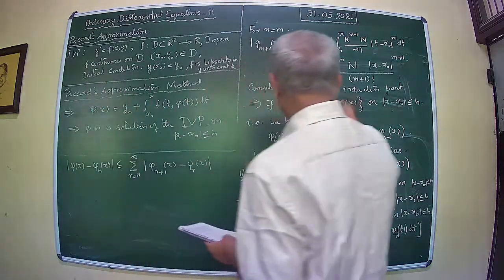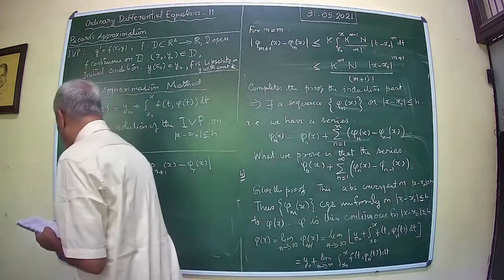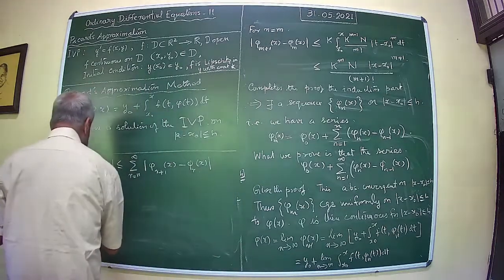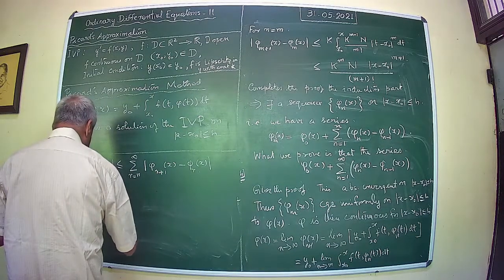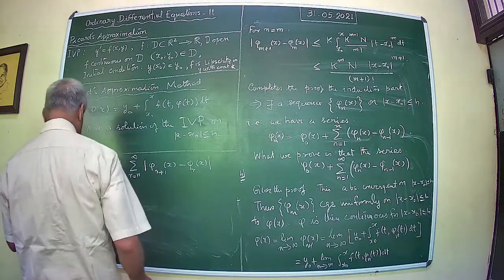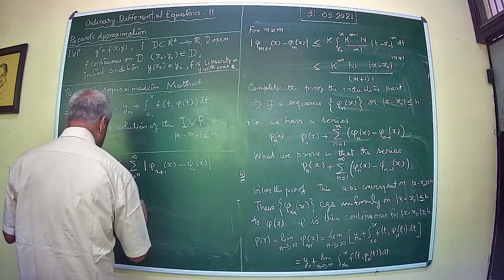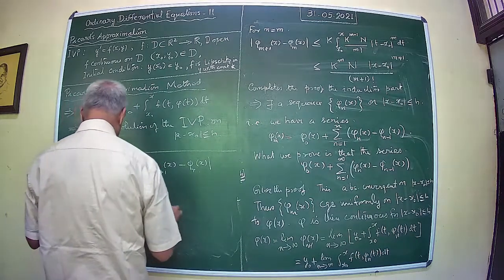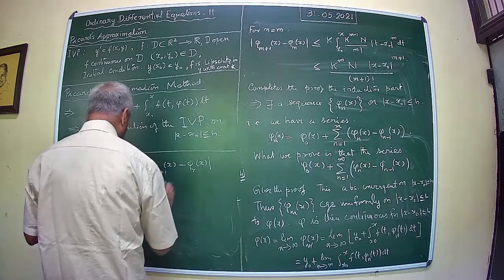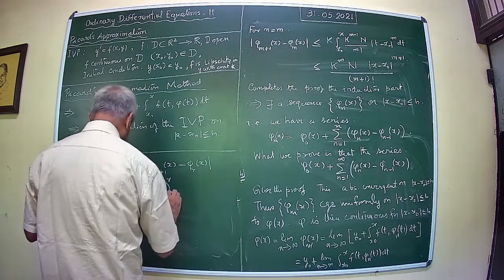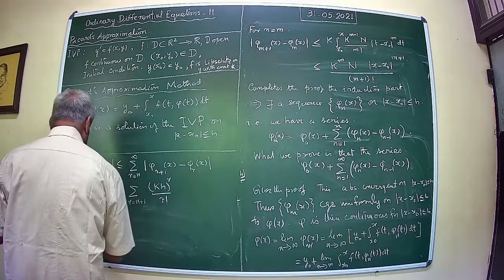So you can use this kind of formula for that, and then you estimate this is less than or equal to n by k h to the power r by r factorial, and this is less than or equal to